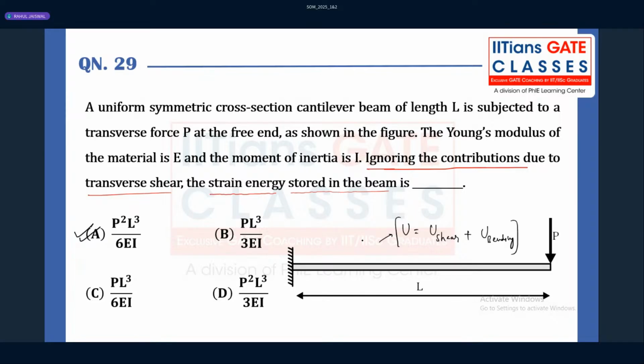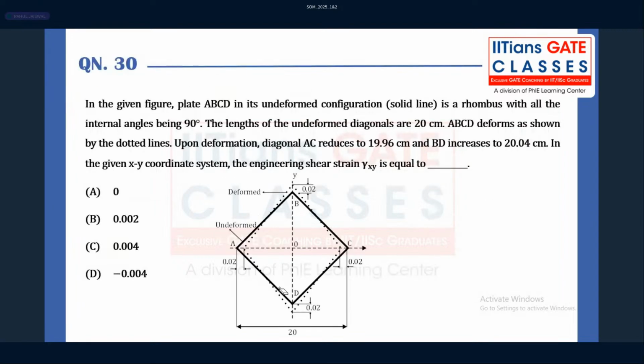But if at all they are asking, along with the options, if they give some more particular thing, this would have been a tough numerical. But still, particularly at IGC, we have discussed each and every corner, which you can also see through our next question, which we are going to discuss. Now, as I'm talking about this particular question,